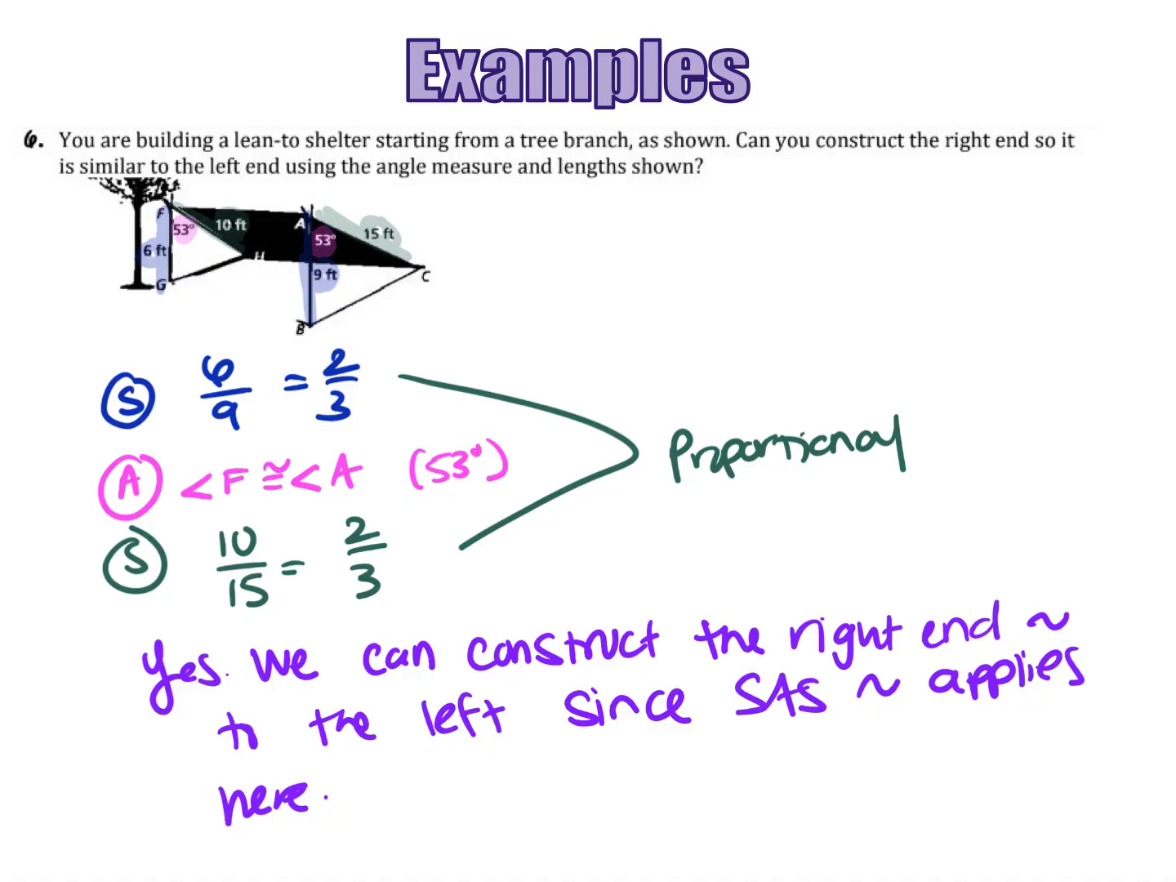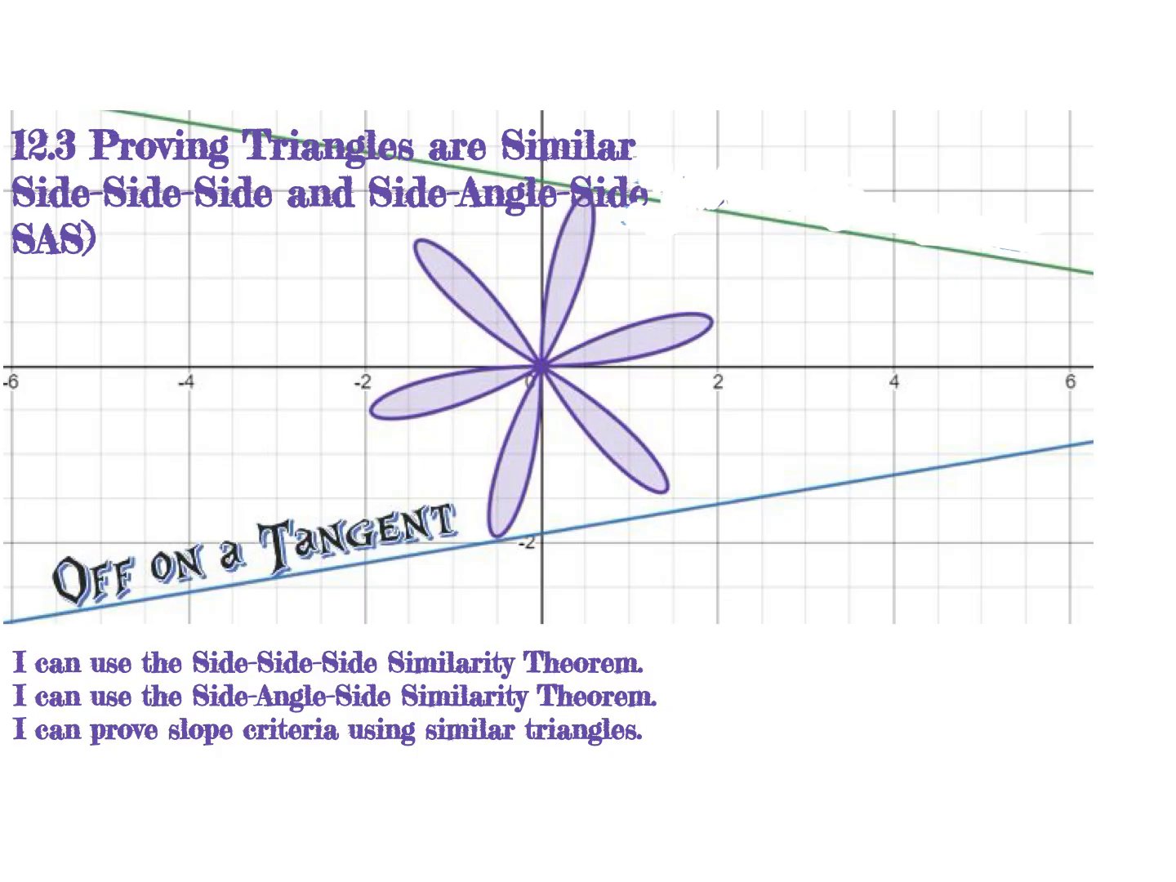Let's go ahead and wrap up this video. All right, in this lesson, we learned about proving that triangles are similar using side, side, side, and side, angle, side similarity theorems. We talked about showing the proportionality statements that we need if we're using side lengths and showing the angles are congruent if we're